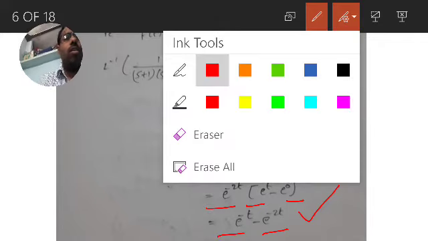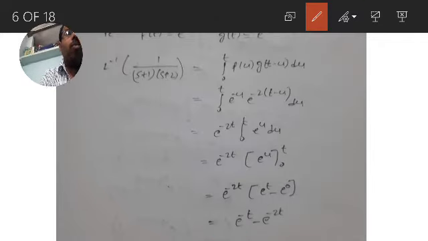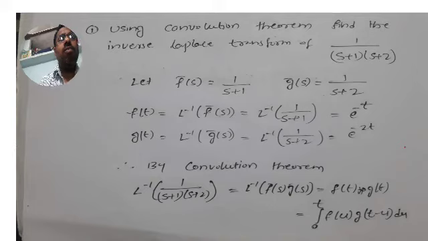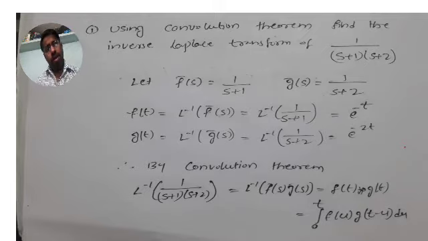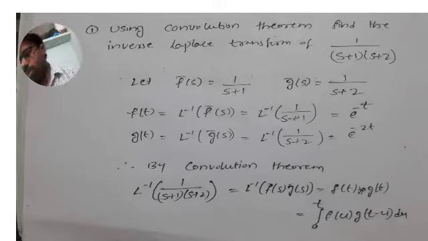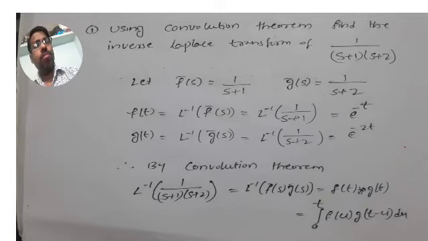Are you getting it? Just note it down. I will put it slide by slide. This is the first slide, first problem. Note down the first problem. I already told you, whenever the examiner asks us to solve a problem by using convolution, you have to use convolution itself. That's it. Note it down. Let us move to the next problem. Before moving to the next problem, note it down first.